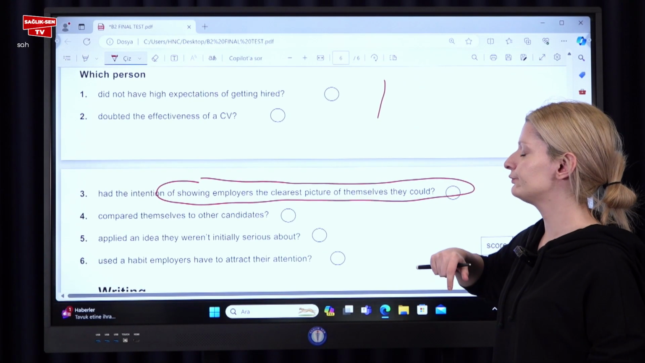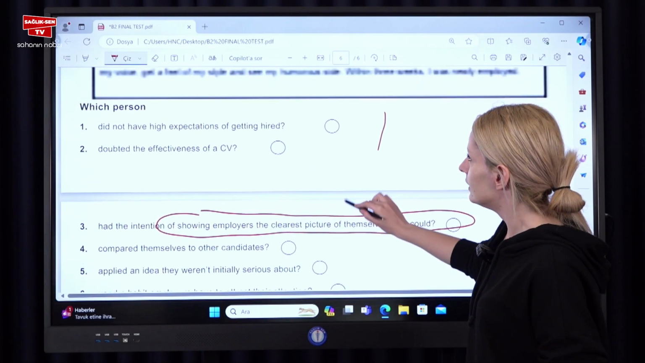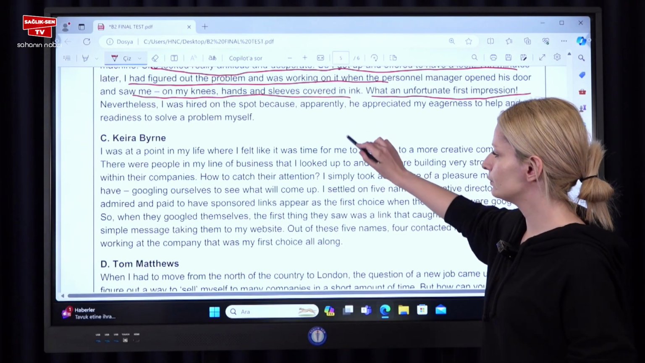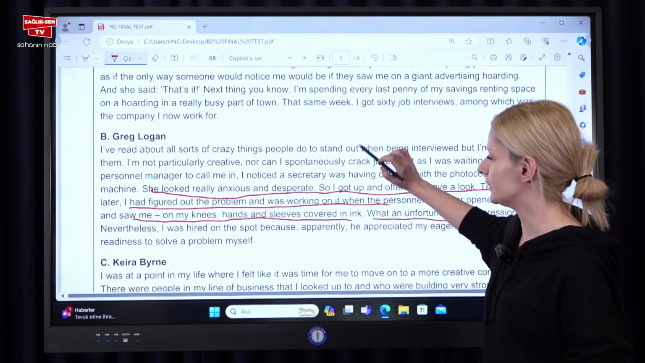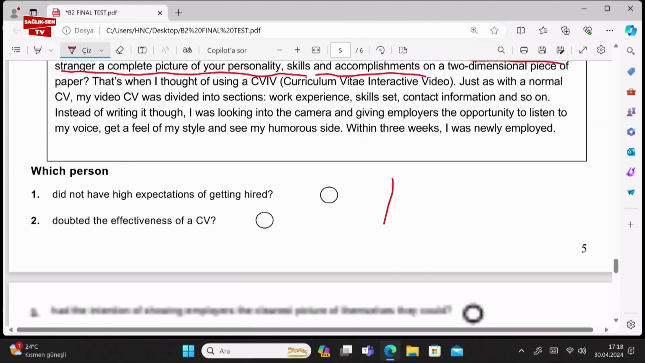Let's talk about number 4, compared themselves to other candidates. When we are talking about candidates, we saw them somewhere here. Kira Byrne, we talked about, she said that there were many people in my line of business that I looked up to and who were building very strong teams within their companies. So, how to catch their attention? We will say that